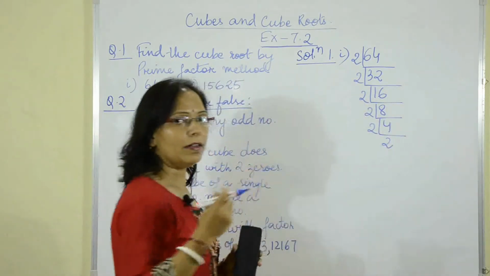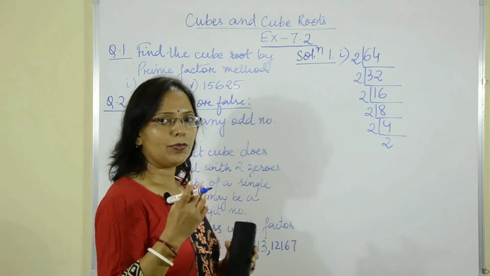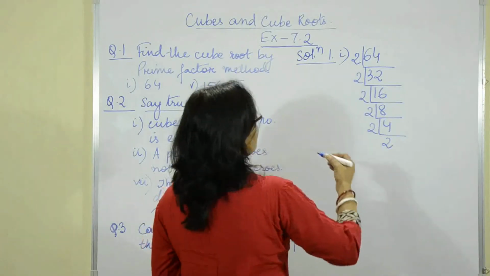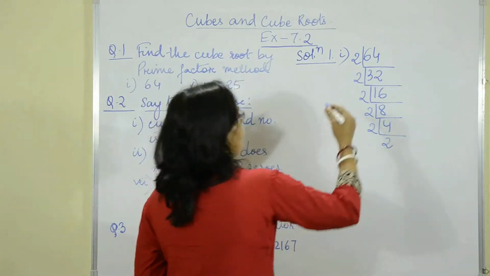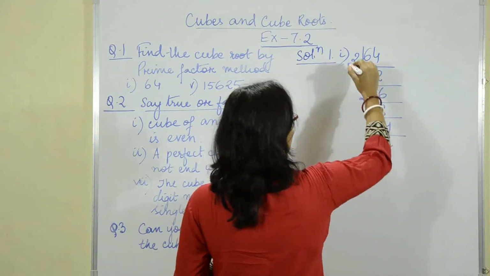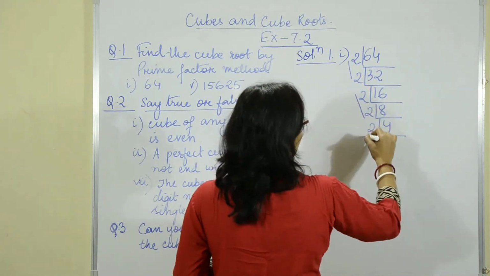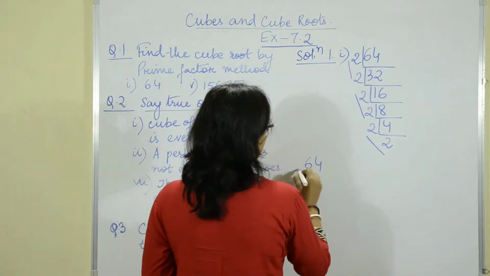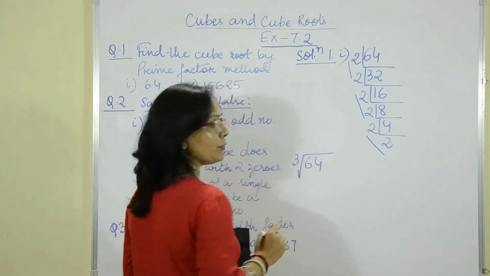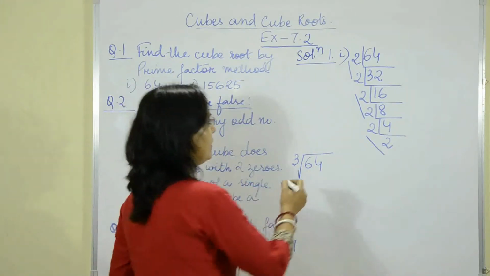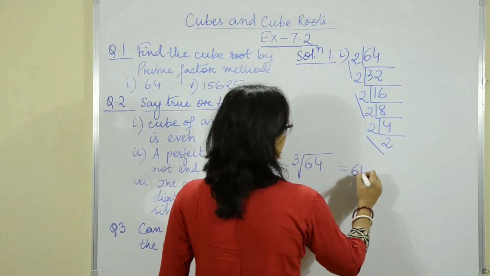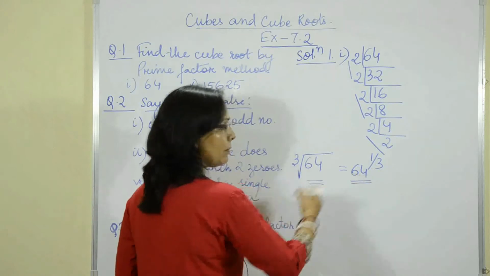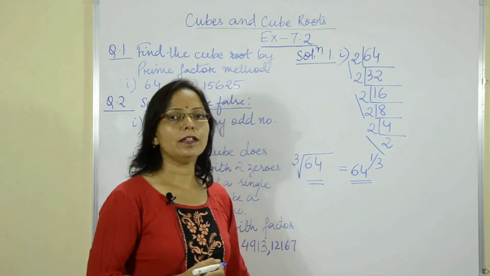Now we make a cube of 3, no? So what do we have? We want the cube root, and when we want a cube root, we need the same number 3 times, right? So we can pair up in this way. This is how we write the cube root. It can also be represented as the power 1 by 3. This form and this form both imply the same, only their forms are different.